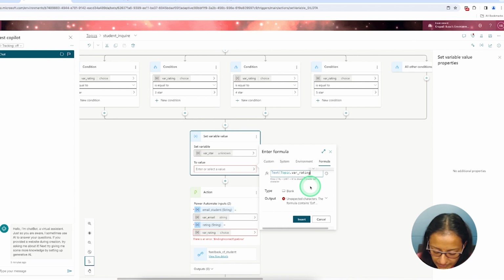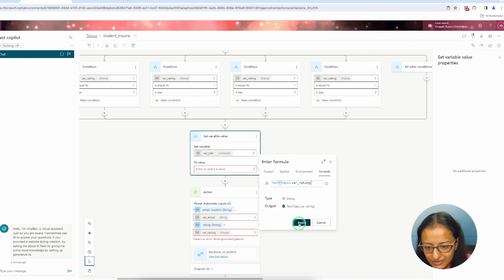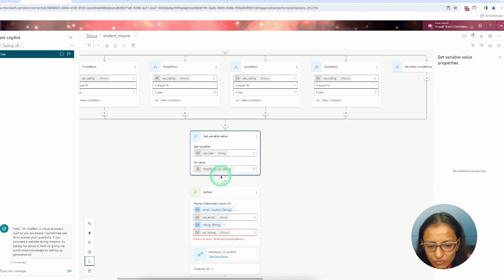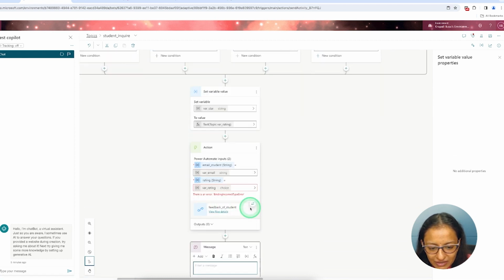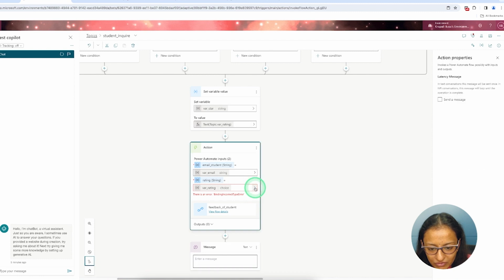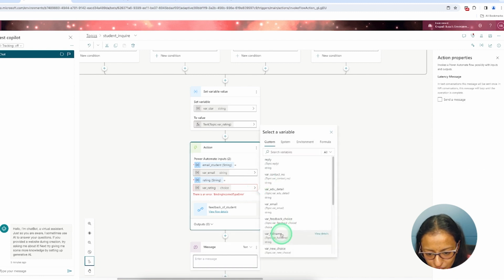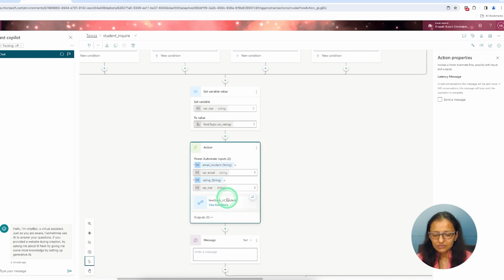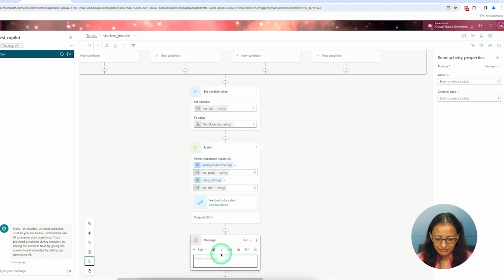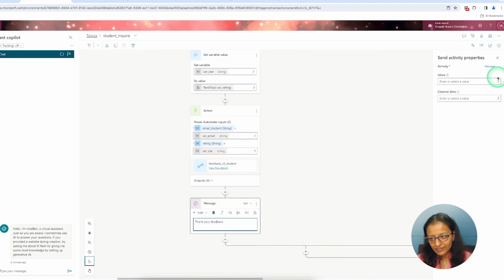So it will convert the choice into the form of text, and that variable I am passing into the Power Automate flow. So let me find the variable star. Now see, it's a star, so the error went away, and here I'm displaying the message: thank you for your feedback.